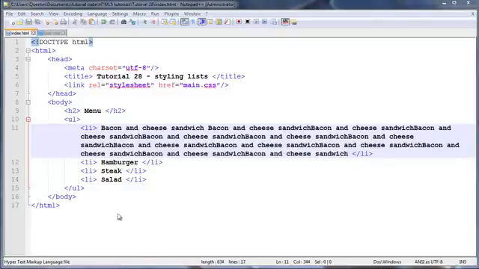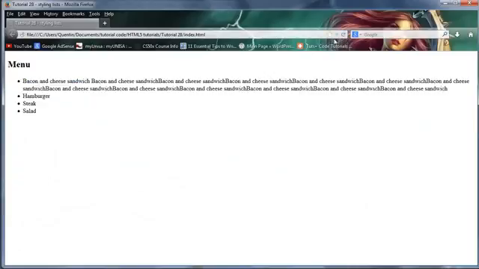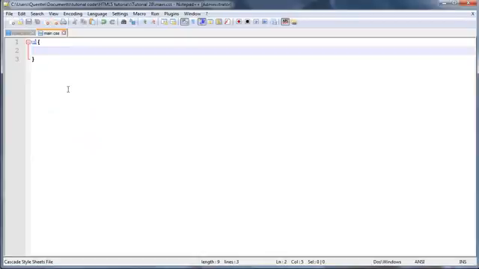And I know this is probably weird, but what it did was actually make this line or this list item go over 2 lines. And I'm just trying to show you guys that by default these little dots are actually on the outside of our list. So as you can see, everything on our list lines up perfectly because those dots are on the outside. But if I went ahead and changed the list style position,